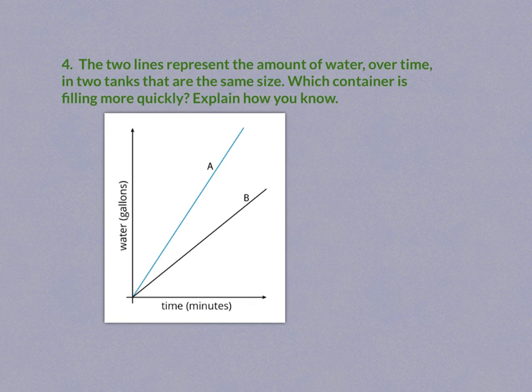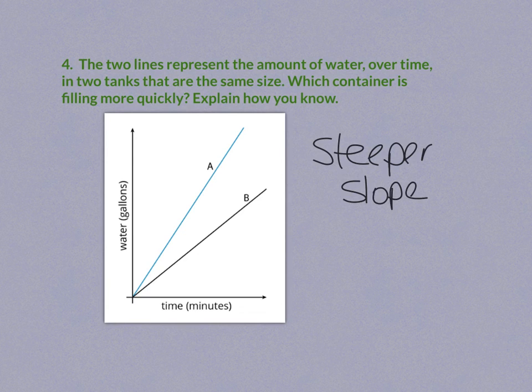Here we have two lines representing the amount of water over time that two tanks that are also the same size are filling. Which one is filling more quickly? Well, I know when I look at graphs that the thing that is happening most quickly is always the one with the steeper slope. That is always happening faster. So if I look at these two, obviously the one